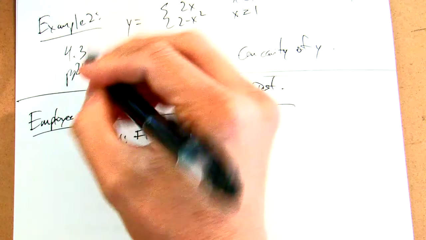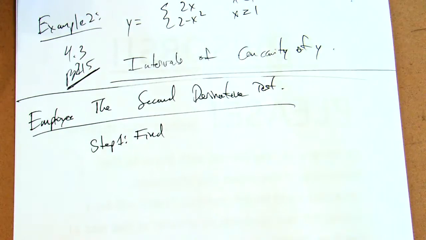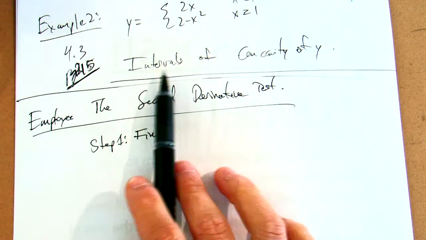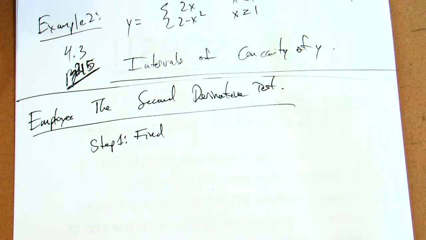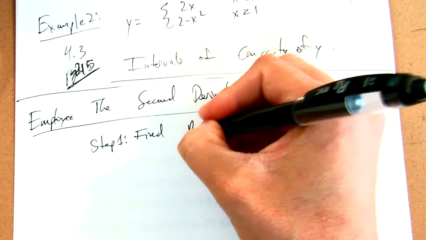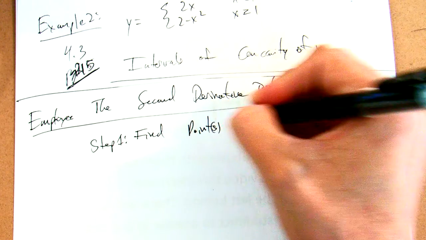Section 4.3, page 215. So we're going to find the intervals of concavity, and we're going to do so by the second derivative test. So we first want to find the point of